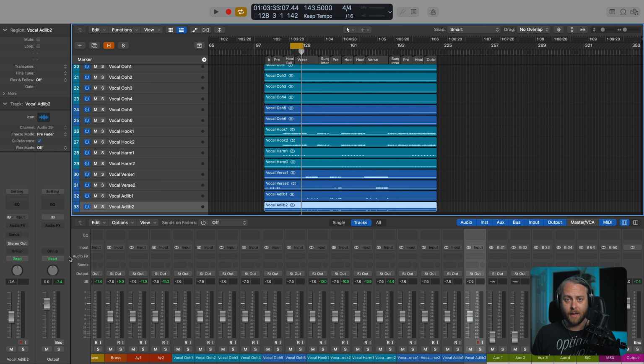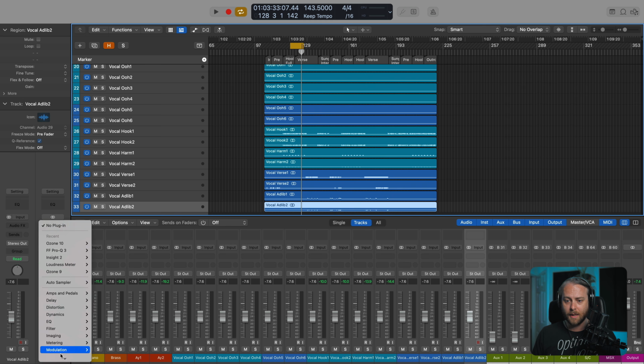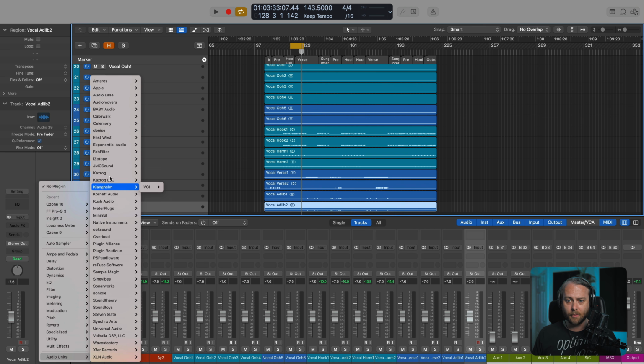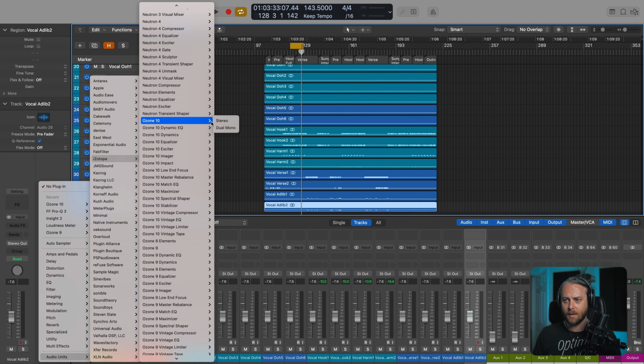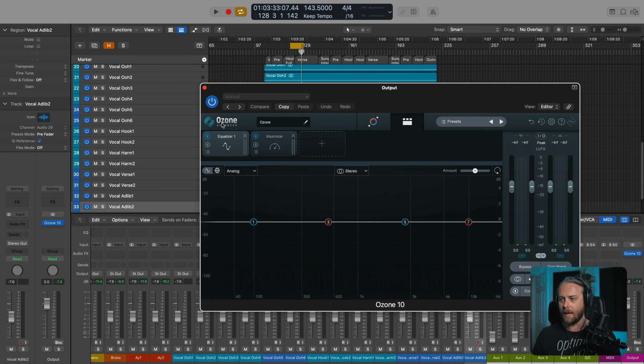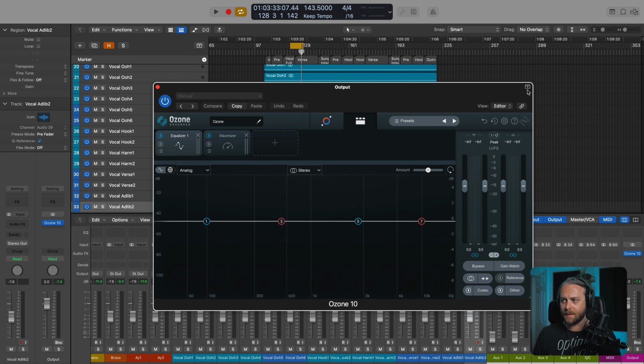As long as you have an empty output or stereo bus, you can just do what I'm doing in your DAW. In this case, we'll go to Audio Units, and I will navigate to Ozone 10, which is right here. Stereo. There we go. And here it is. I'll close this little area because a lot of people think that these options are Ozone's. They're not. They're just Logic.